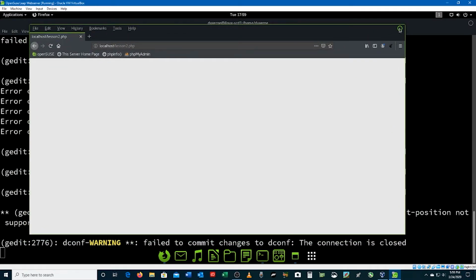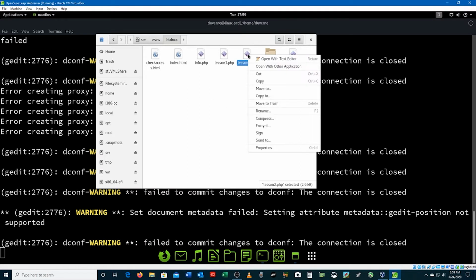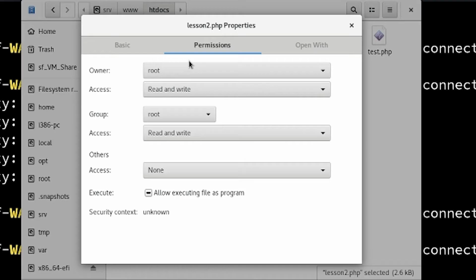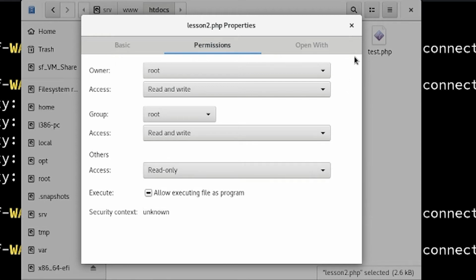Okay, and the reason is it's a permissions issue. So if we go back over here to our file and we go to properties and we click on permissions, we'll see that the owner is root with access read and write. The group is root, access is read and write. And look at here, other access, none. If we change that to read only and close that,